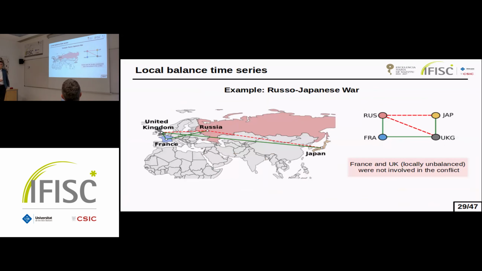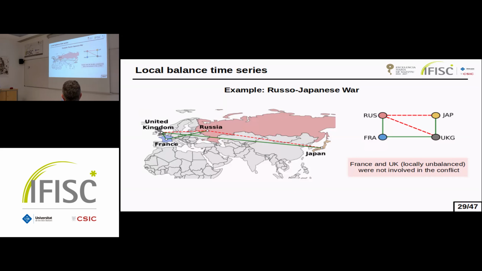Now, to understand this a bit better, we will explore the Russo-Japanese War, which is a war that happened in 1904 and pitted Russia and Japan against each other. This happened in the context of the imperialist age, so there were many different alliances and enmities interfering with this war. In particular, Russia was allied with France, Japan was allied with the United Kingdom, and Russia and the United Kingdom were strategic rivals because they were competing for control of Central Asia.